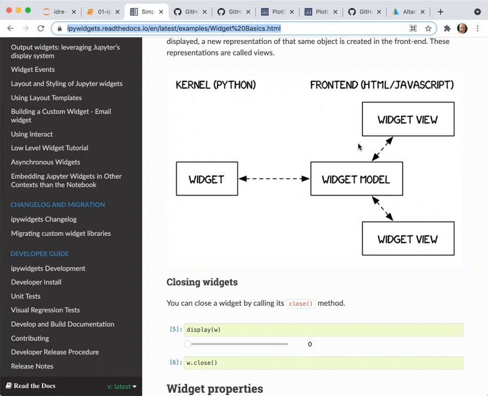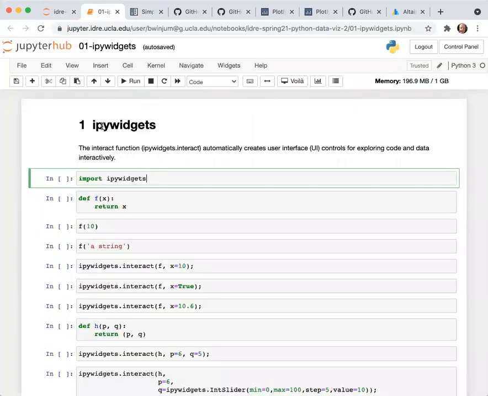There are various JavaScript things that get incorporated into the notebook on the front end. So the widget, which we're going to see examples of in just a moment, communicates back and forth with the kernel in order to execute the code. But the widgets themselves incorporate JavaScript into how they're rendered on the front end so that it builds that JavaScript interactivity into interacting with the code.